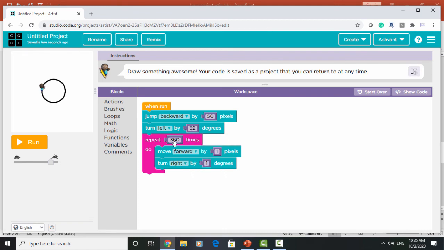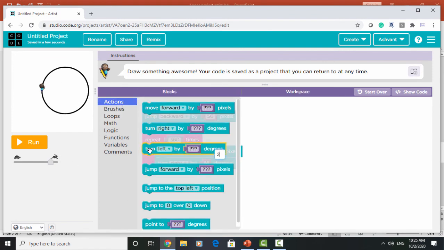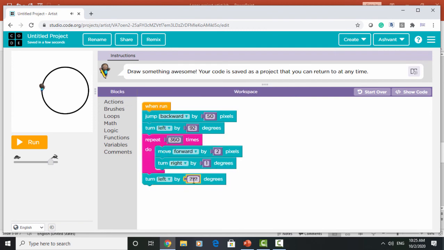And repeat 360, and here is where we have to make the adjustments. Here type 2 and we have a humongous circle right here. And now moving back to actions, take turn left and here 92 again, and jump backward by 50 again